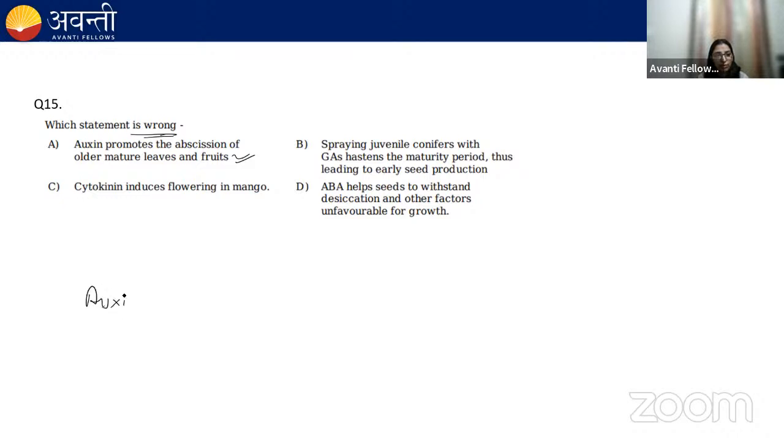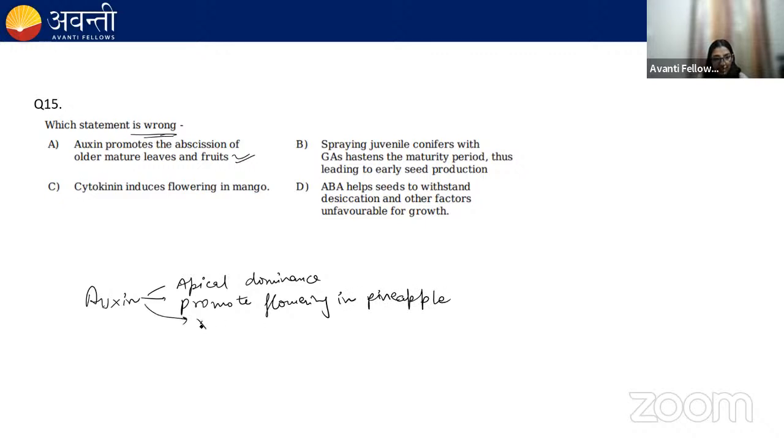Please remember other features of auxin as well, that it is involved in apical dominance, promote flowering in pineapple, involved in xylem differentiation, induce parthenocarpy,